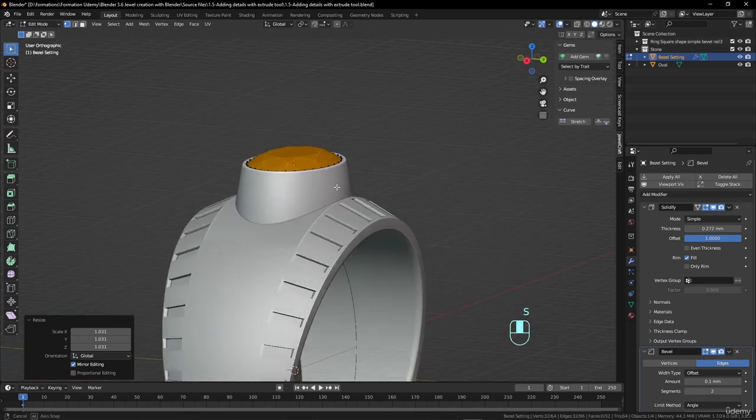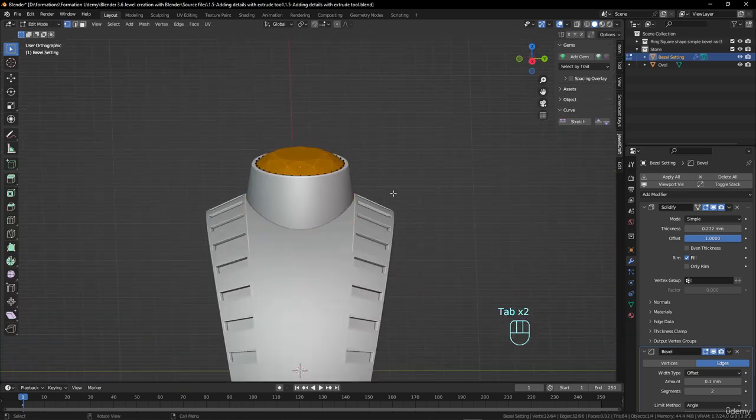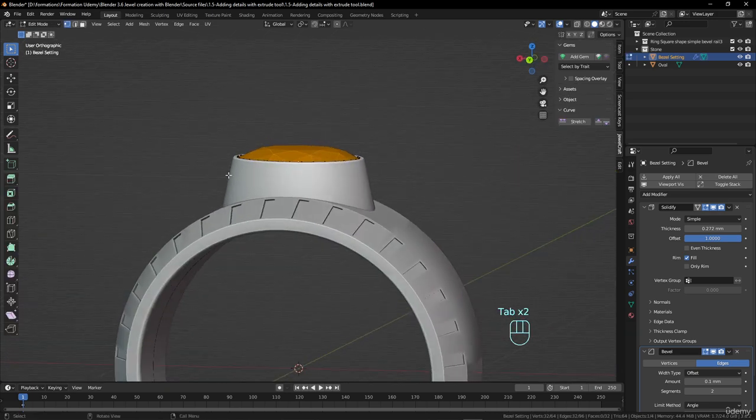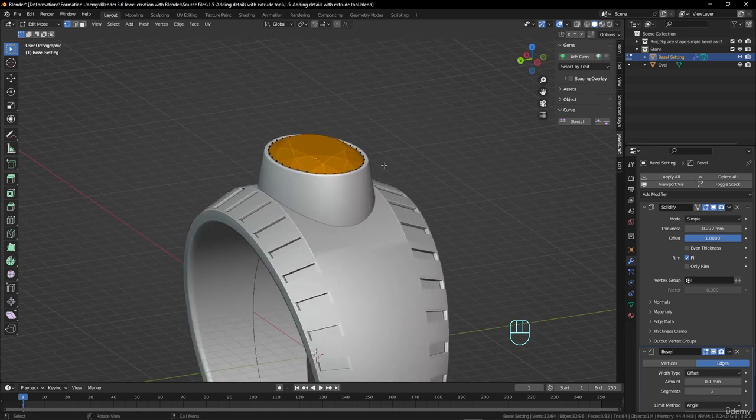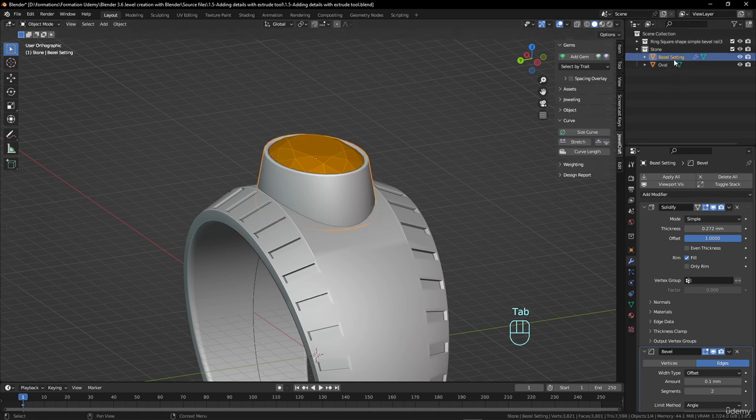Okay, scale it up a little. Perfect. And now I would like to have a line around that could be used for adding other gems, maybe, who knows. So for example, I can just take this bezel setting base,